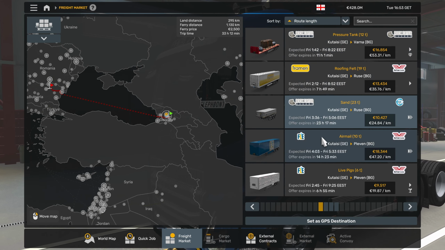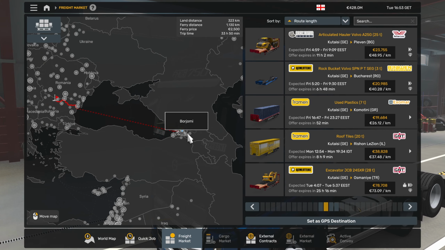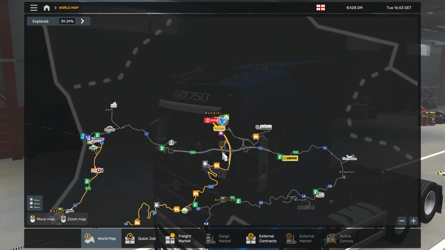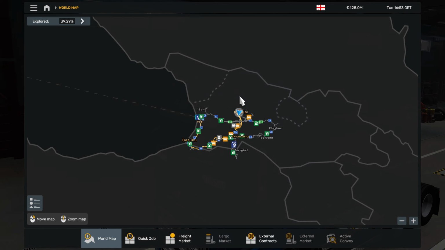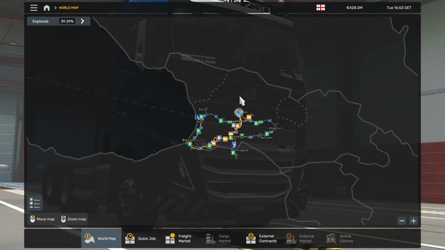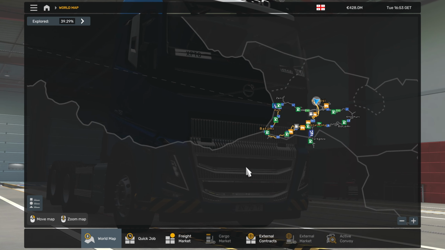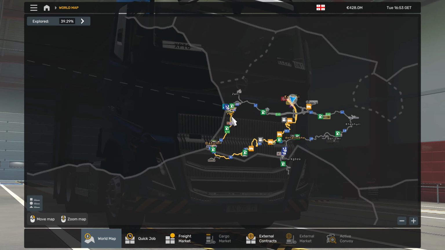Yeah, as you guys can see, there's not really any cargo to stay in Georgia, which is kind of annoying. Just some. I think I'll use this time to just show a bit of the map and the new features. I just hope I don't miss anything since I don't really have the new additions here at